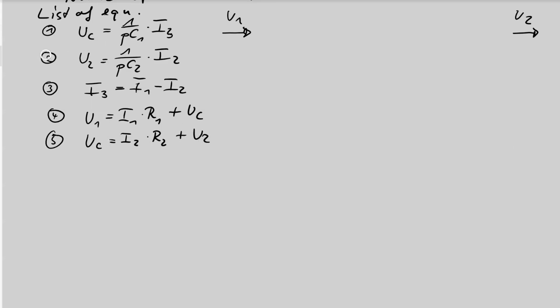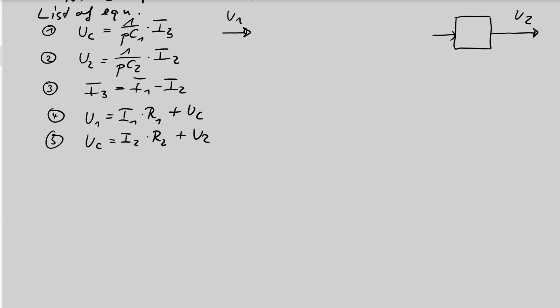You can start with number 2 or number 5. It's your decision. Both decisions are correct and independent, and you can decide what you want. I'm lazy because this is already solved to U2. I can directly draw equation 2. So the first step is used for U2, and the drawing is U2 is 1 over pC, and note what